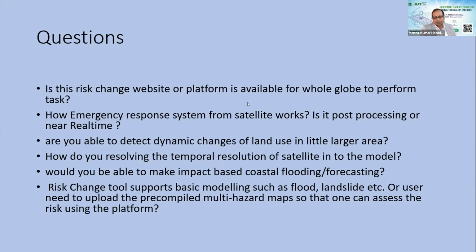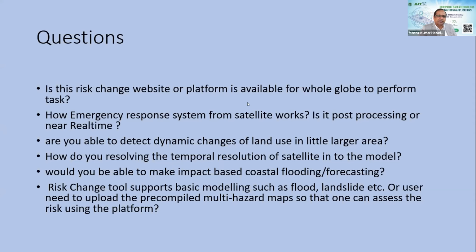You can minimize the error, but if your satellite data is coarse resolution and your model is high resolution, you can resample your satellite data to the model resolution, but information will be lost, right?